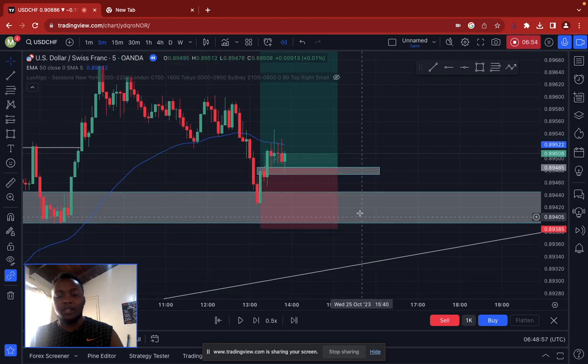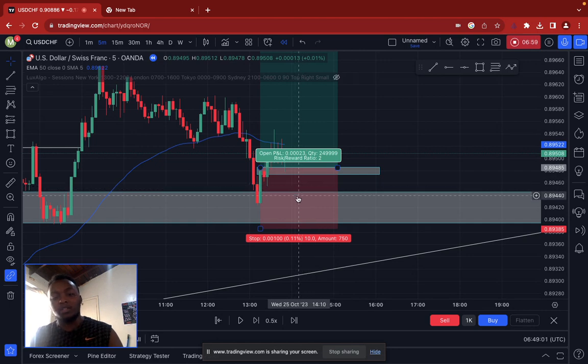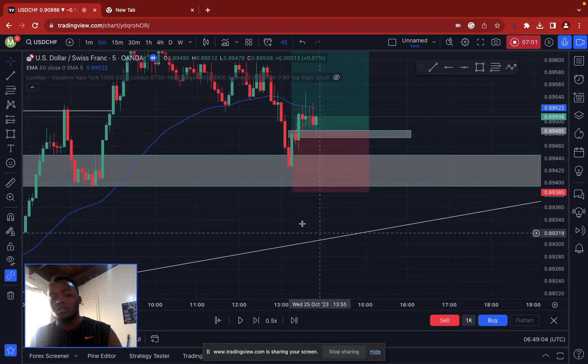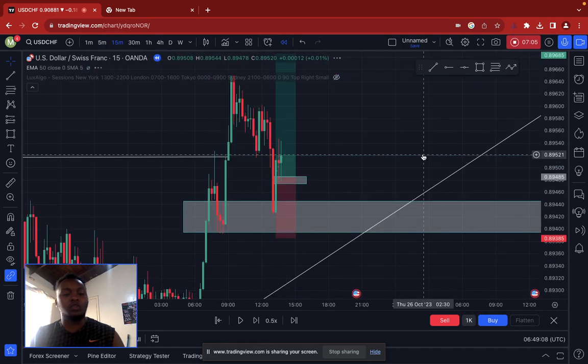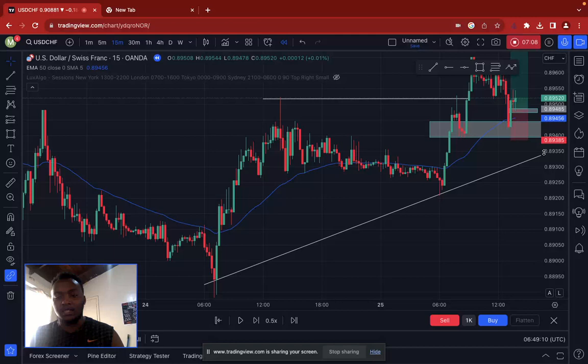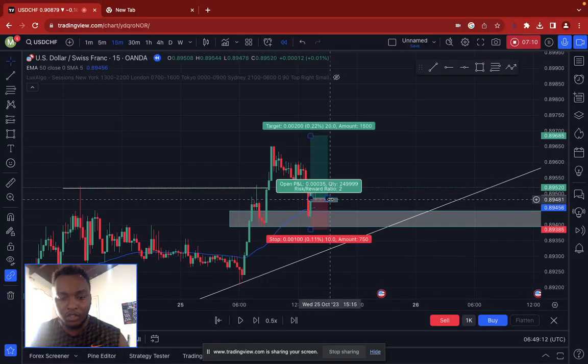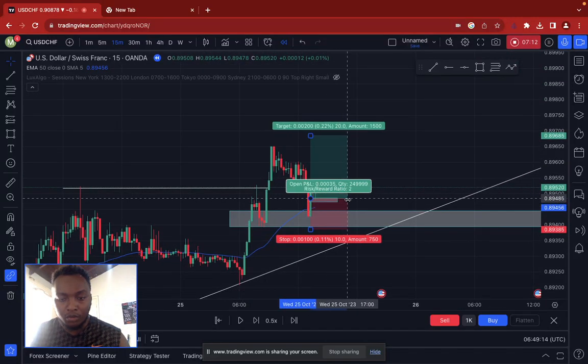So in case price comes, breaks this zone here, after it's able to come and tap this zone and go up, it breaks the zone, definitely it will hit my stop loss, but that is my strategy, that is my trading plan. So let's see what price will do